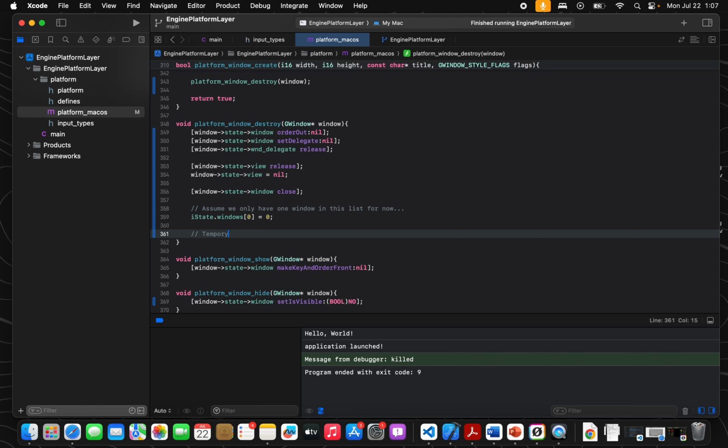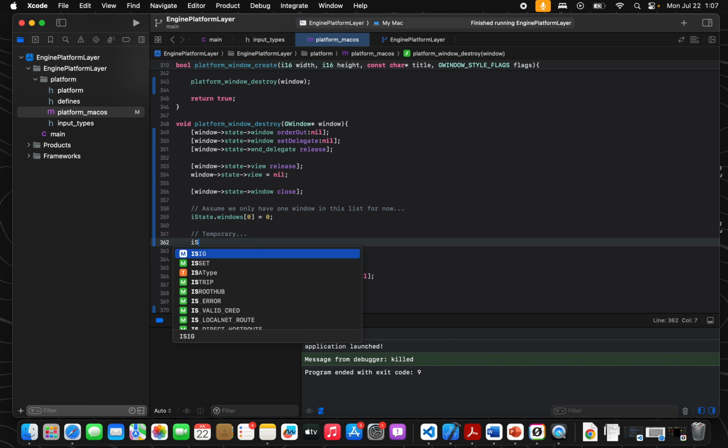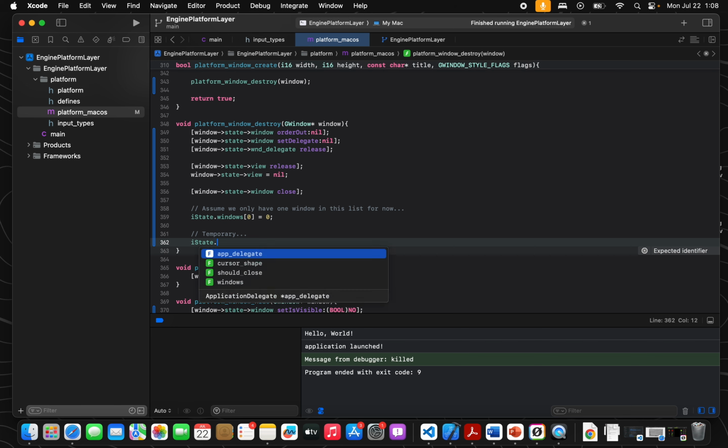I think temporary is spelled like that. So I want to put a temporary trigger here to trigger the application to quit, right? So we're going to say should close, and I keep on forgetting that this is not a pointer, so should close